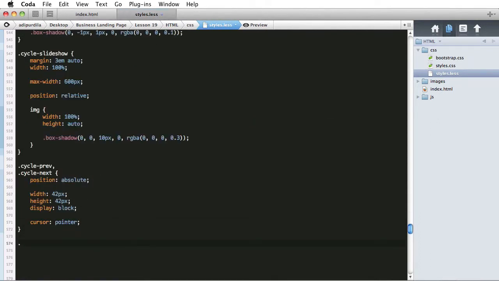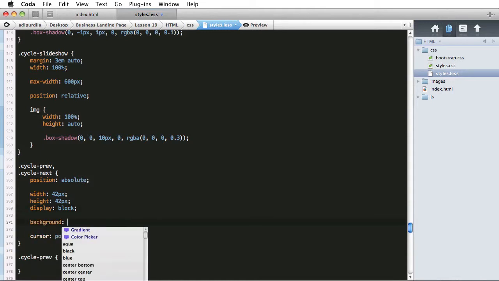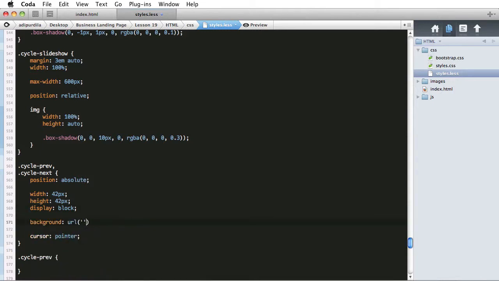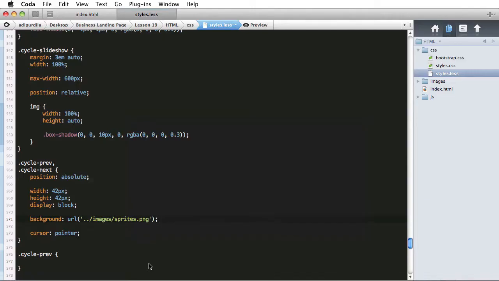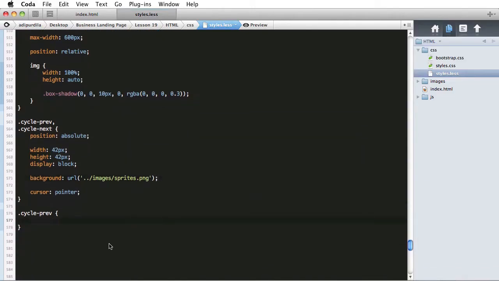And let's do this, cycle prev. All right, we must specify a background position. But before that, let's actually set the background image for both of them to images, sprites, PNG. Okay, good. So cycle prev,